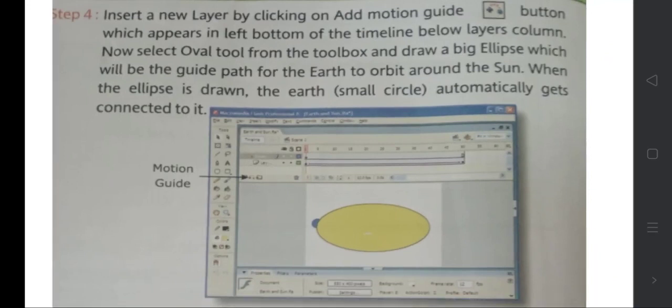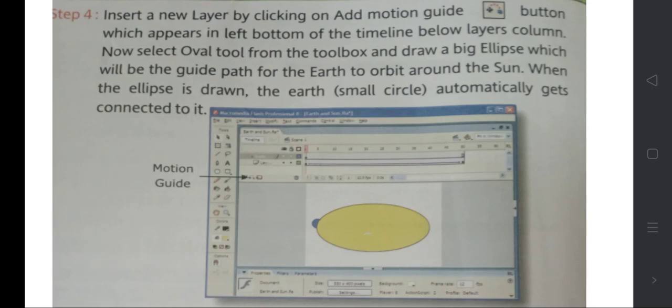Then we have to give one path to it, because it rotates on a circular or elliptical path. Insert a new layer by clicking on the add motion guide button, which appears at the left bottom of the timeline below the layer column.